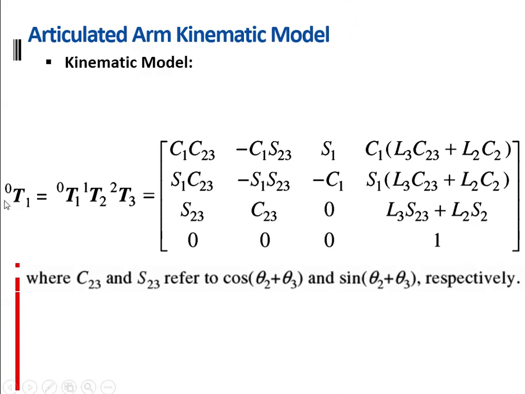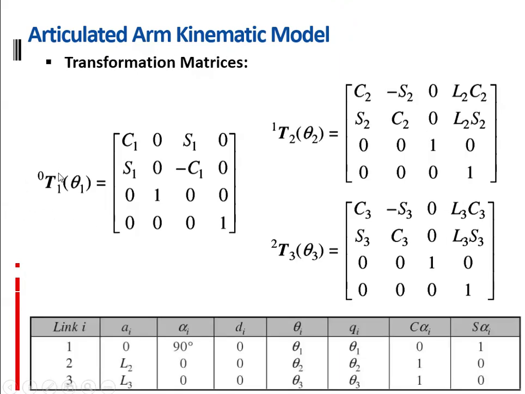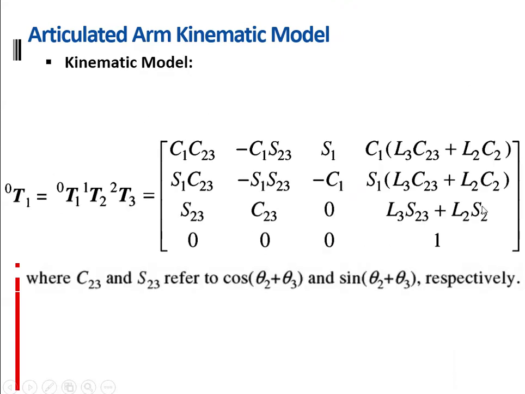You obtain the final transformation matrix by multiplying the 3 matrices, 0 to 1, 1 to 2, 2 to 3. You multiply all of these and get a complete homogeneous transformation matrix in combined form, where, as I have already told, C1 means cos theta1, whereas C23 means cos of theta2 plus theta3. Like this you obtain the overall transformation matrix. In the last case, you know this matrix, you know theta1, theta2 and theta3, but you want to know some different configuration, some different point corresponding to these thetas, where the final point will go. That is what we already know, but now the case is different.